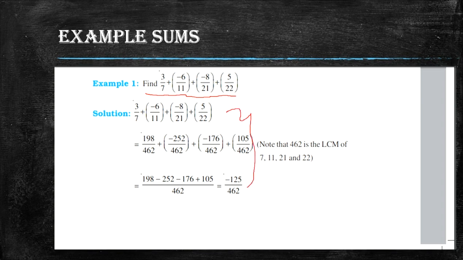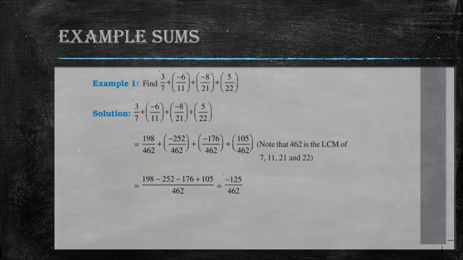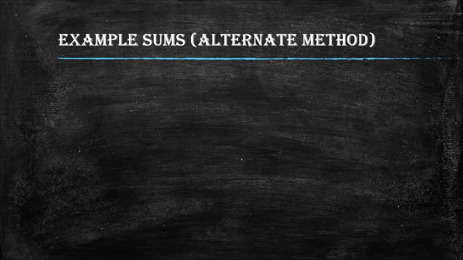I'll tell you why. See the denominators 7, 11, 21, 22. They are completely different. So when you have different denominators, what you have to do? You have to take the LCM. So if you have to take the LCM for all four numbers 7, 11, 21 and 22, it is a lengthy process. It takes a long time. In order to make it short and efficient, there is an alternative method I'll teach you,